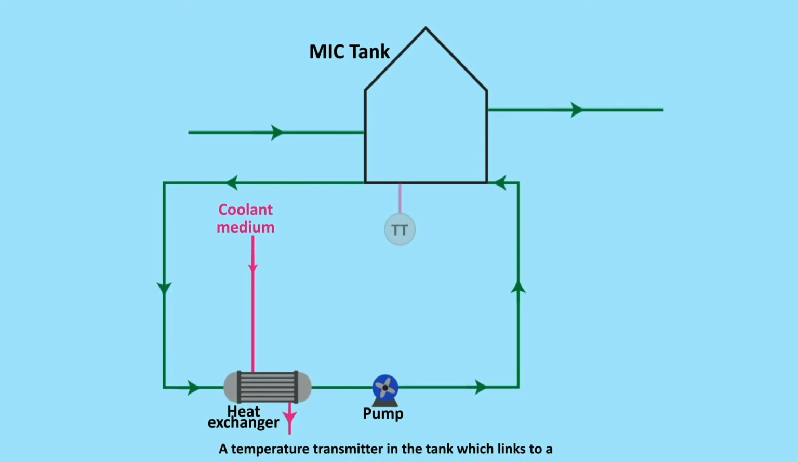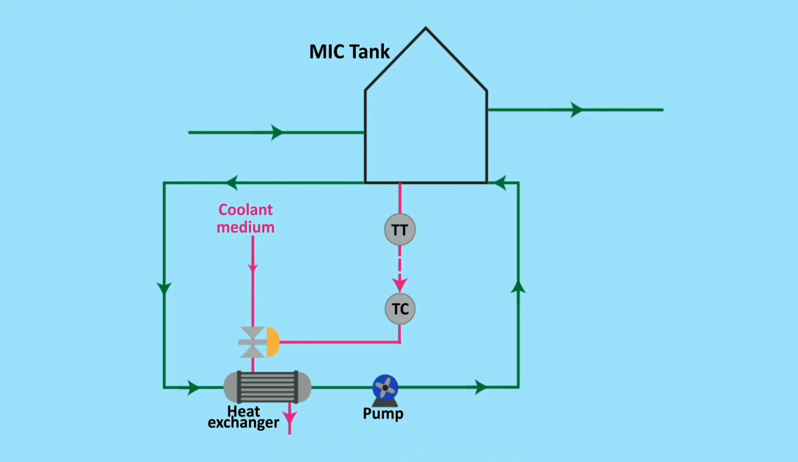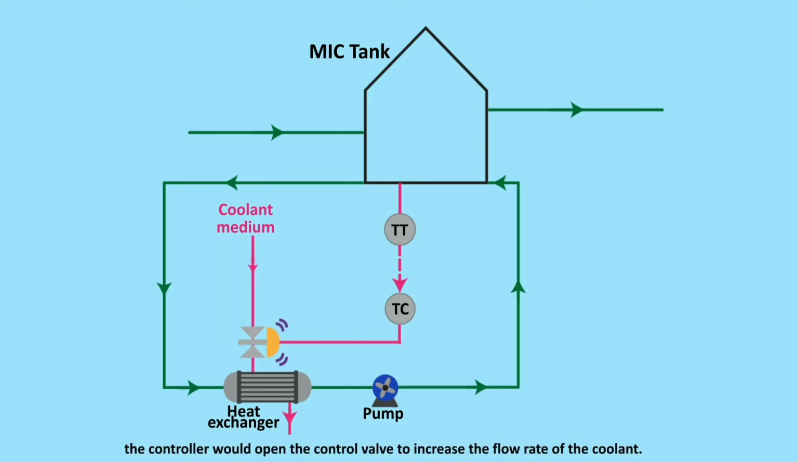Moreover, a temperature control system can be installed to regulate the temperature in the storage tank. A temperature transmitter in the tank, which links to a temperature controller, can be connected to the control valve of the coolant. This allows the flow rate of coolant supplied in the refrigeration system to be manipulated. When the temperature of the storage tank increases, the controller would open the control valve to increase the flow rate of the coolant. This would reduce the amount of gas entering the vent gas scrubber and enable the toxic gas